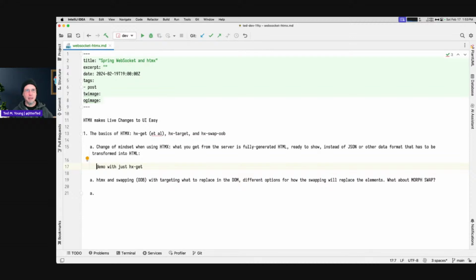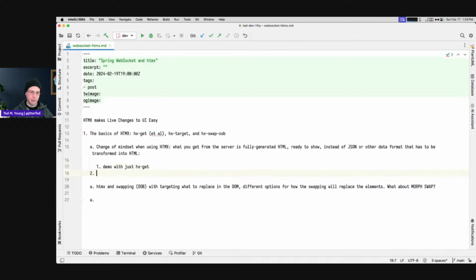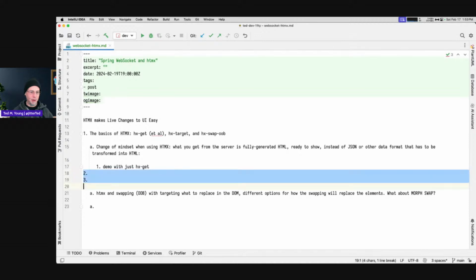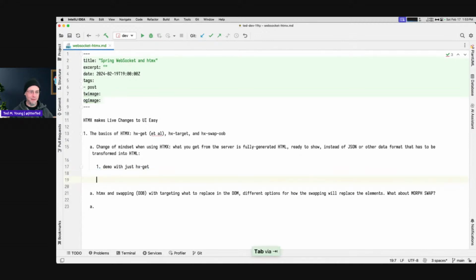Especially for indented numbered things, it's just wrong. I wonder sometimes why I, so the HX get